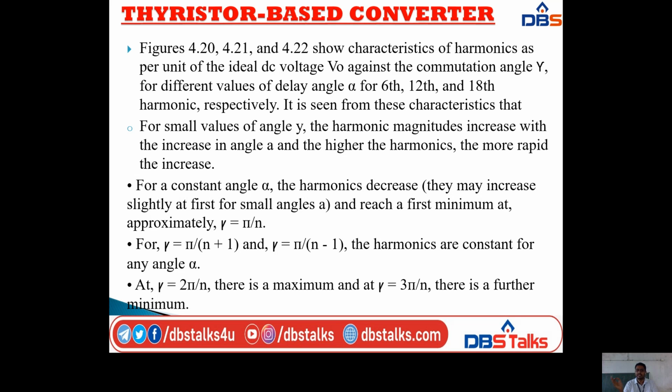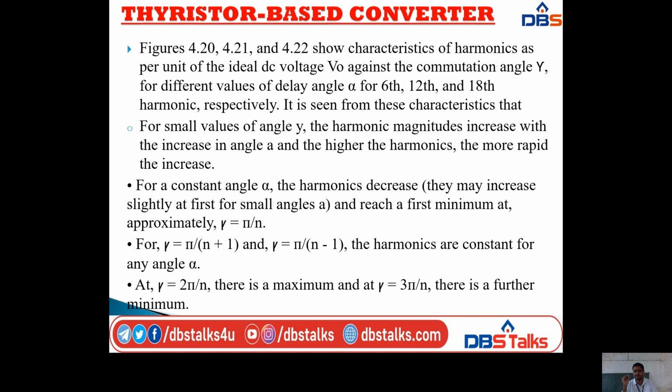So it is seen from these characteristics that for small values of angle gamma, the harmonic magnitudes increase with the increase in angle alpha, and the higher the harmonics, the more rapid the increase. So for a constant angle alpha, the harmonics decrease. Why? Because they may increase slightly at first for small angles of alpha. Okay, so firstly it will increase slightly, not more, but slightly,